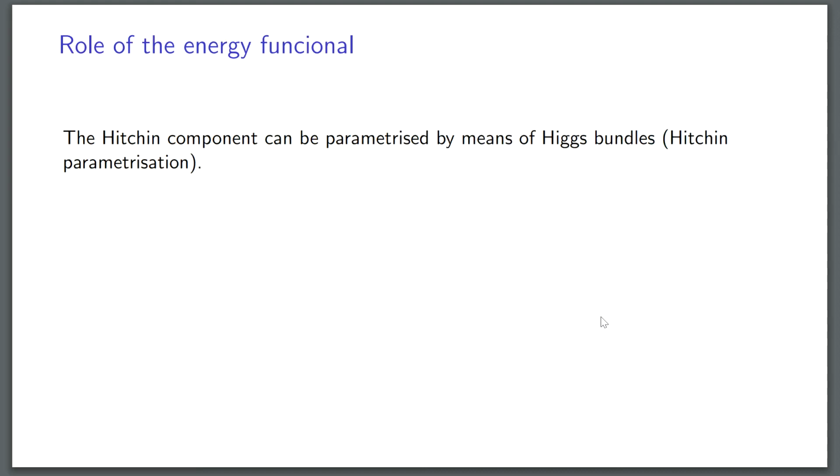Now the question is, how does the energy functional come into the study of the Hitchin representations? First, you need to know that the Hitchin components can be parameterized by means of Higgs bundles. And this parameterization is the way that Hitchin originally discovered the Hitchin components. And they allow you to study Hitchin components, which are just sets of representations, by means of these Higgs bundles,